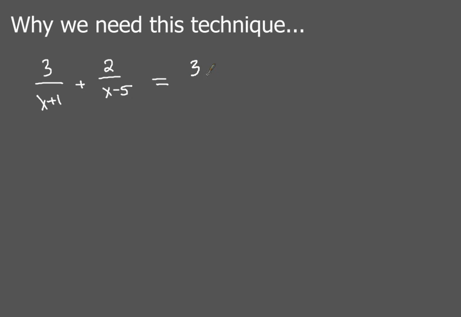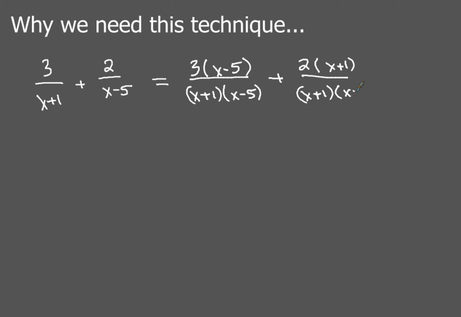So the first fraction is going to change into 3 times the quantity x minus 5 over x plus 1 times x minus 5, because remember, you've got to get the common denominator. And our second fraction is going to change to 2 times the quantity x plus 1 over x plus 1 times x minus 5. So this is the sum of these two fractions, getting our common denominator. Now when we clean this up, and again, for a calculus student, this is pretty straightforward stuff, you have 3x minus 15 for the first fraction, plus 2x plus 2 in the second fraction, all of that over